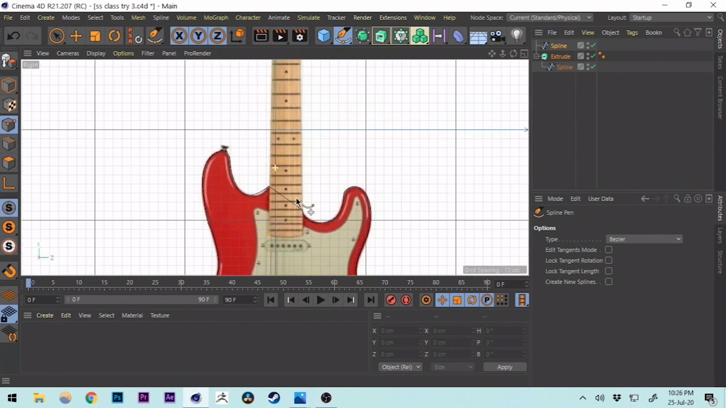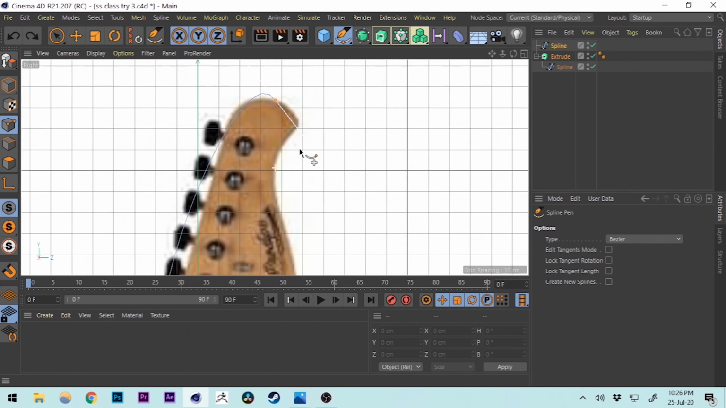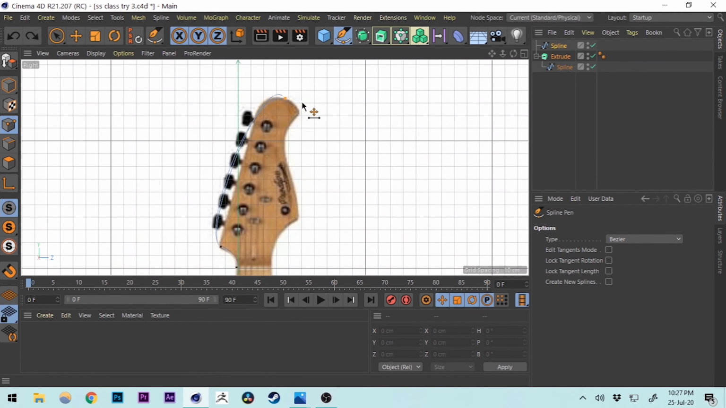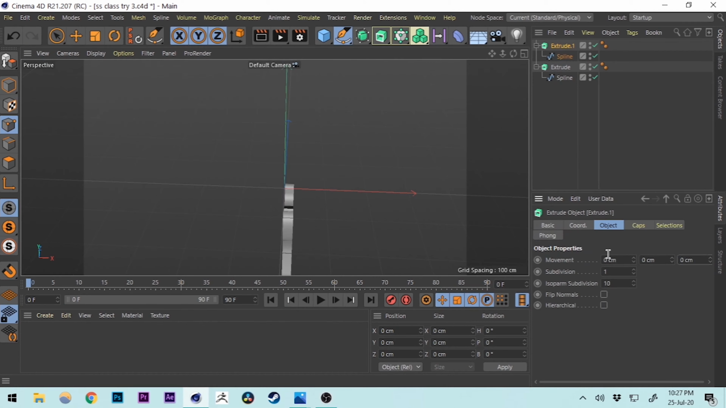So I'm not gonna make it 100% accurate, I'm just gonna make it roughly close. So we're done with that too, and we will do the exact same thing with this too. We're just gonna select the spline and press and hold this, select extrude, drag this on top of the extrude, and do the exact same things again. Just make it 0 and increase it. Now this time I'm gonna make this one a bit more thick,